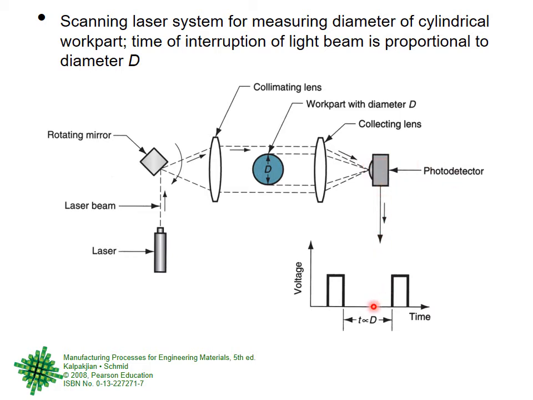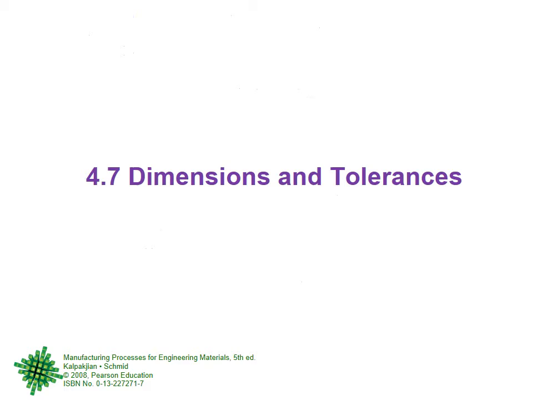Once it goes to the detection, there is a dimension which is converted to a voltage. The voltage is again converted to a dimension, and you can directly read it on the digital readout. So there will be transducers inside, lenses inside, and a laser producing a beam. This is just a schematic, but now you know generally how a laser dimension measurement device works. The dimensions will be very accurate. So this finishes the basic metrology part.